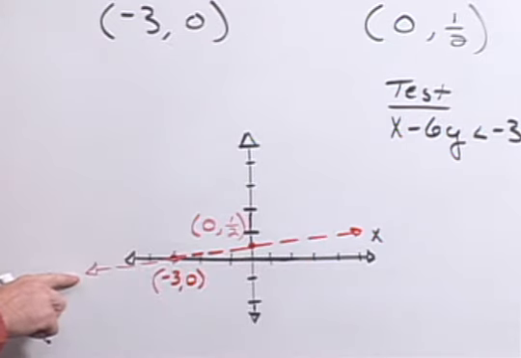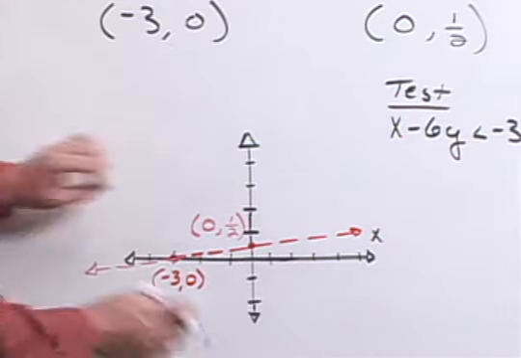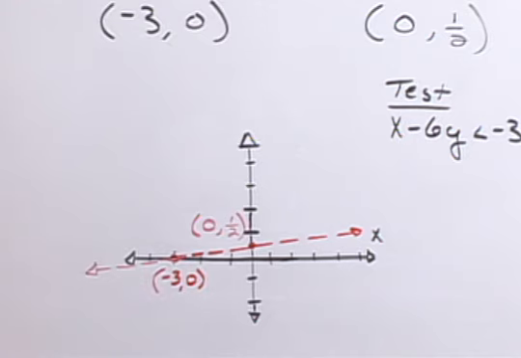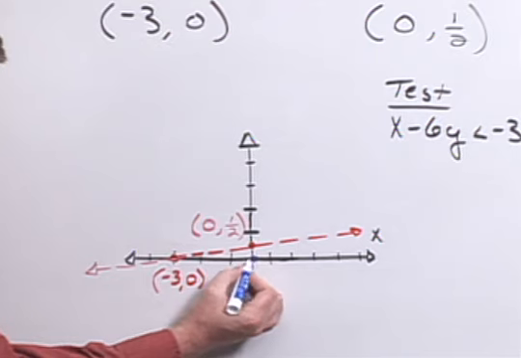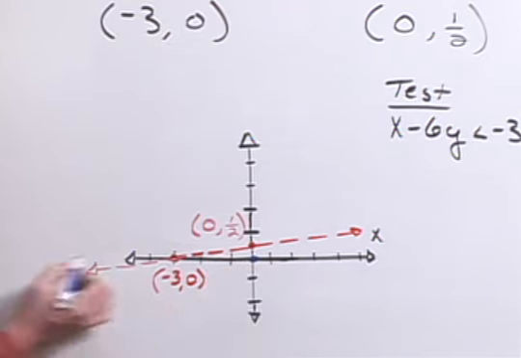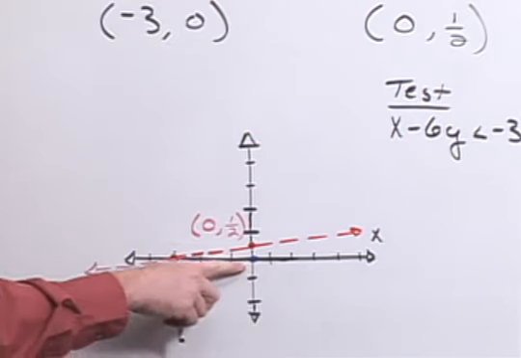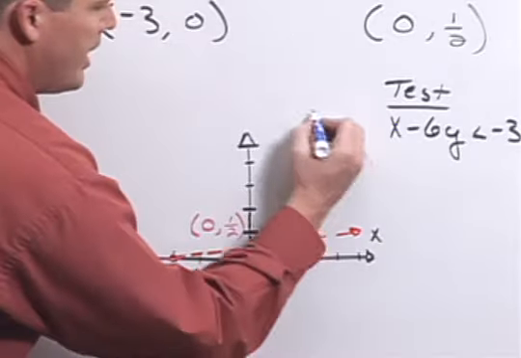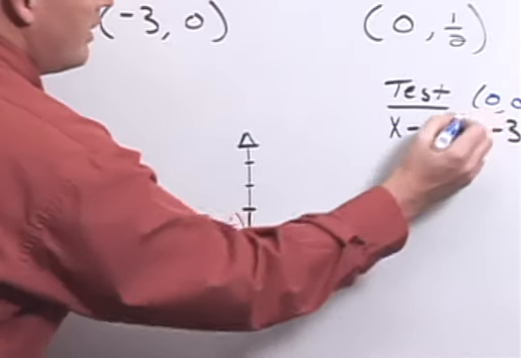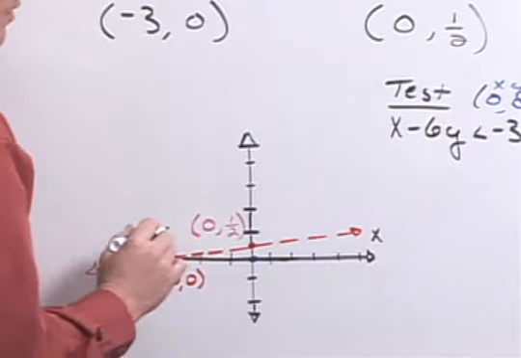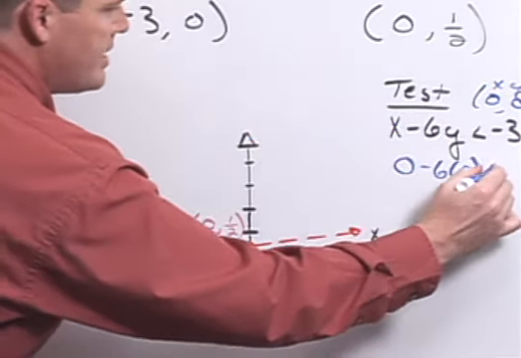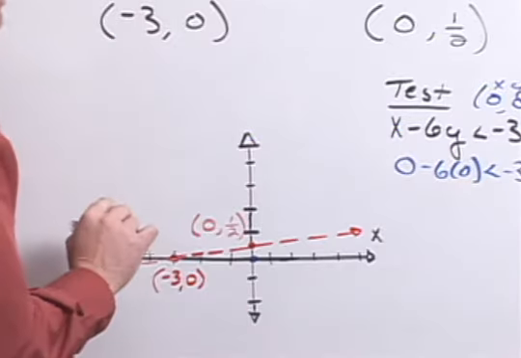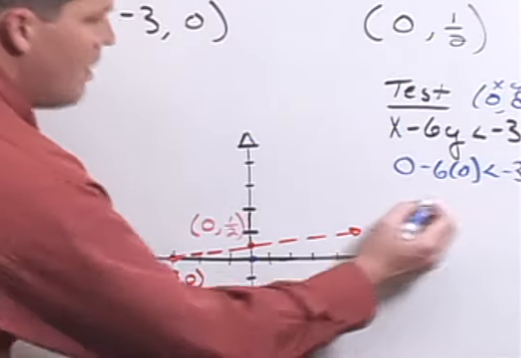And so now the question becomes, which side are my solutions? One way to go about that is to use a test point. A very common and easy test point would be to use the origin right there of (0, 0). If I was to test (0, 0), then my x would be 0 and my y would be 0. 0 minus 6 times 0,